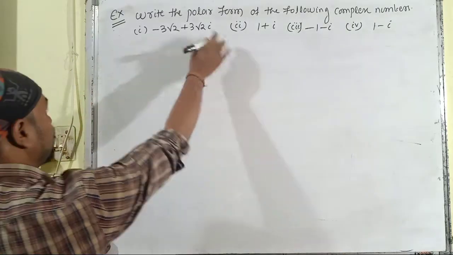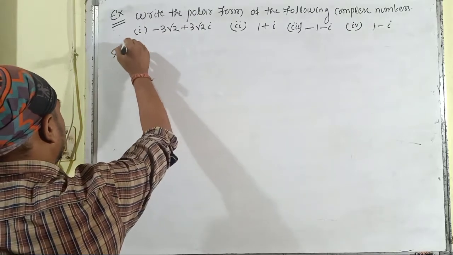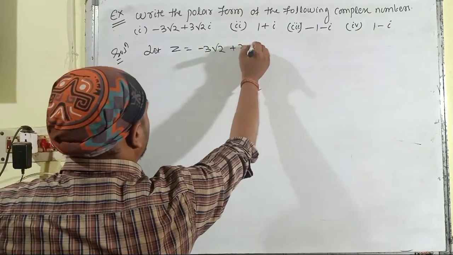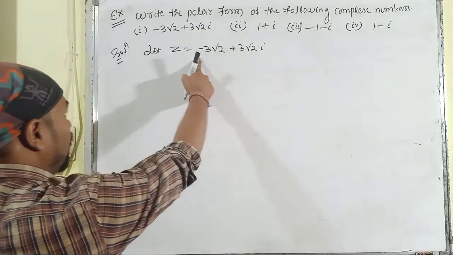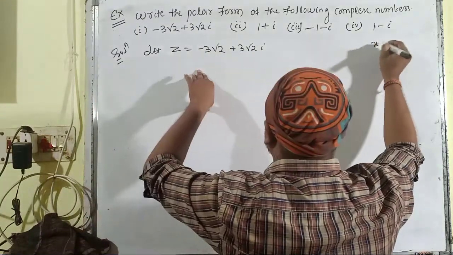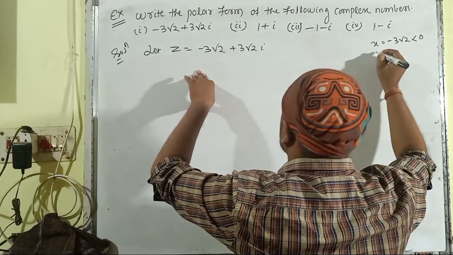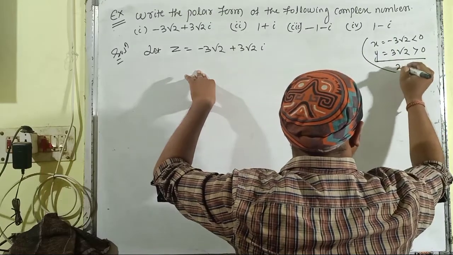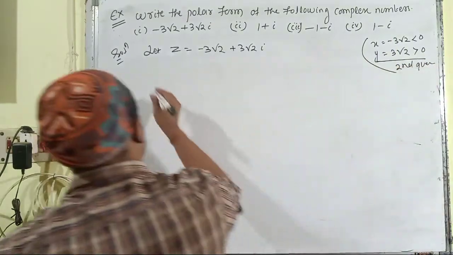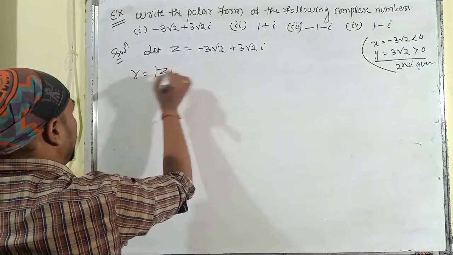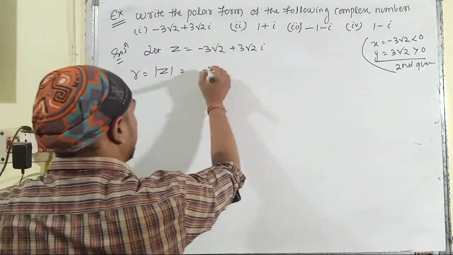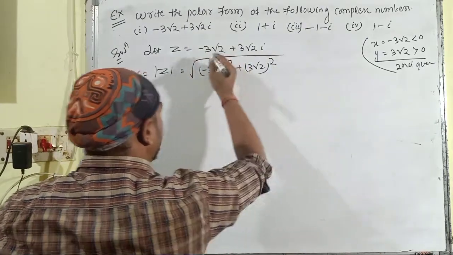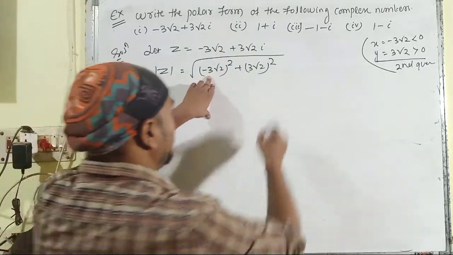So first of all, let us consider the first complex number here. Let z is equal to minus 3 root 2 plus 3 root 2 i, and here x is equal to minus 3 root 2, that means less than 0. y is equal to 3 root 2, it is greater than 0. That means it lies in the second quadrant. First of all, let us find out the value of r, that is the modulus of z, and here it is the square root of the sum of squares of x and y,